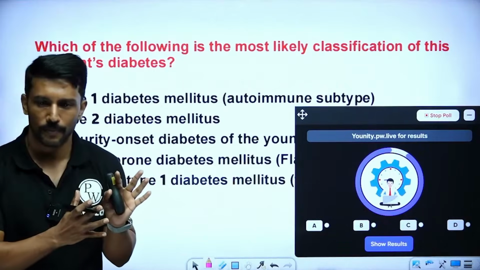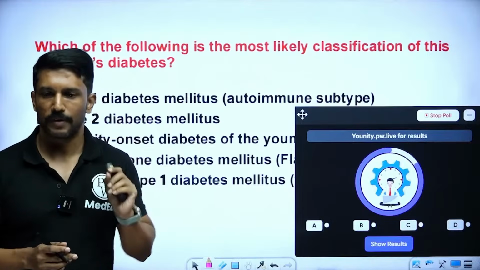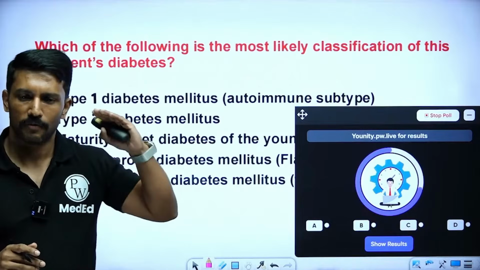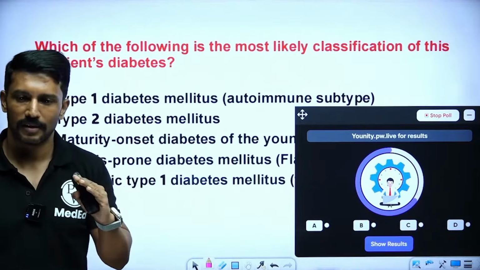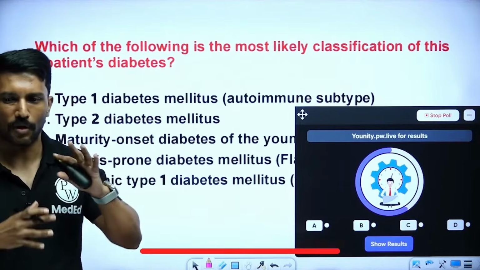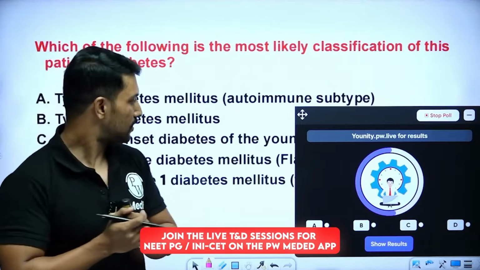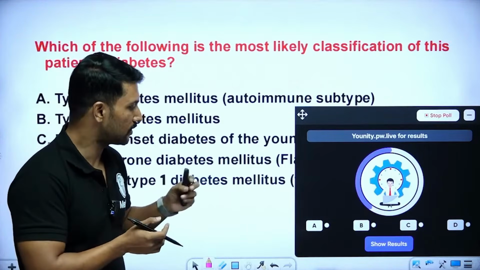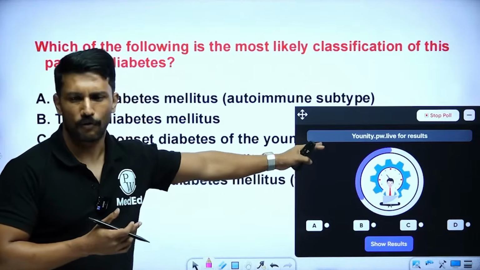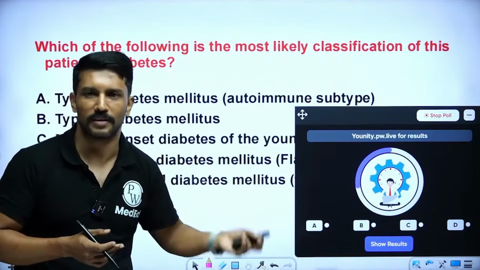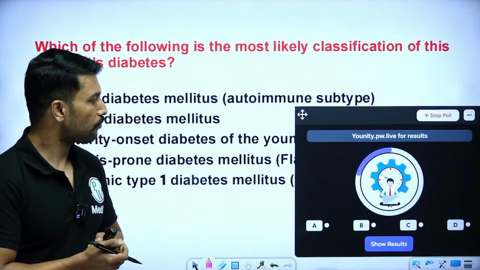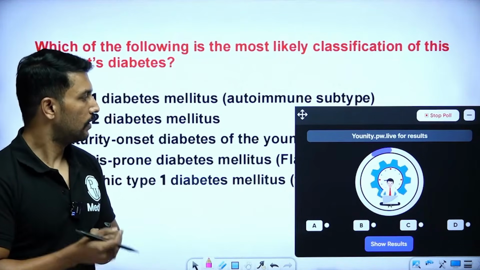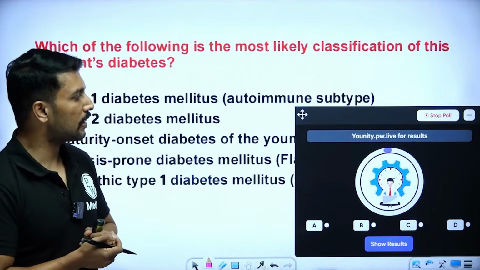We have seen the story. Here is a patient with symptoms of diabetes. Diabetes confirmed with the glucose values. C-peptide and insulin levels are undetectable. Antibodies are negative. And the question did not talk about the presence of any features of insulin resistance. Okay, so let's see the poll results. I have kept it for 45 seconds. Of course, you have already gone through the question. You should be able to answer it in a few seconds. So what does the low or undetectable C-peptide level tell us in this question?